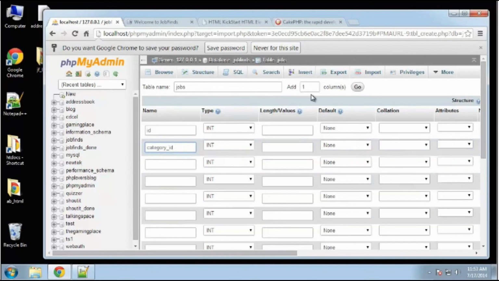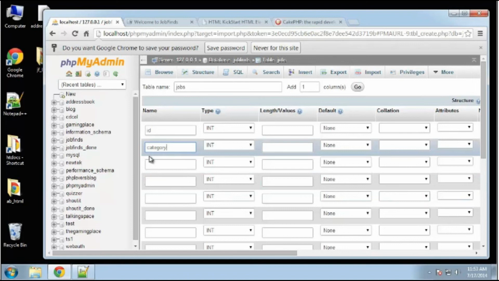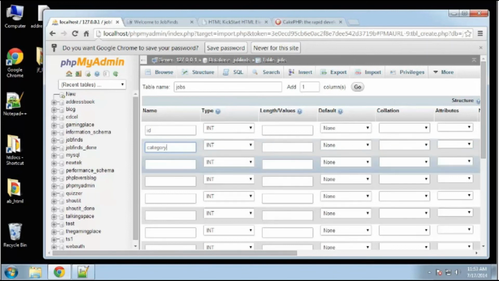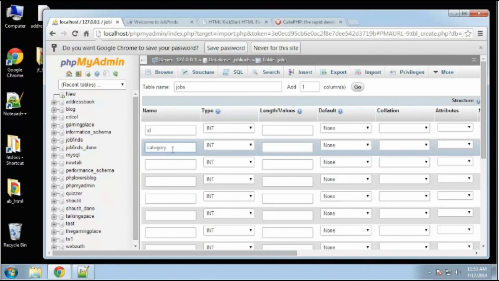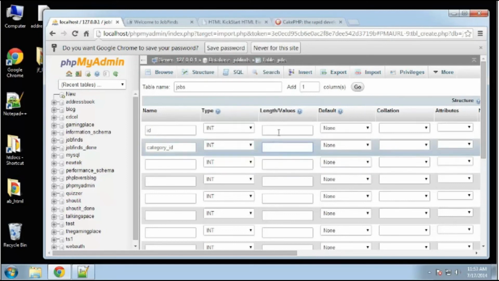I know some people might want to just put category, and of course you can do that. You'd just have to do more work, and you couldn't take advantage of all the options that Cake gives you. So we're going to name it category_id, and that's going to be, excuse me, an integer. We'll say 11 for these. It's also going to have a user ID